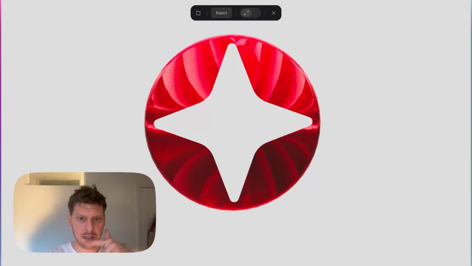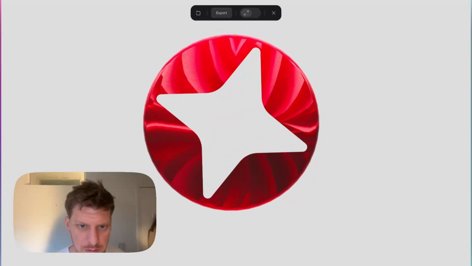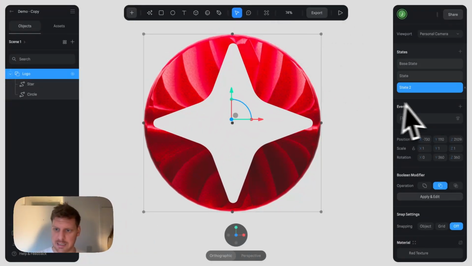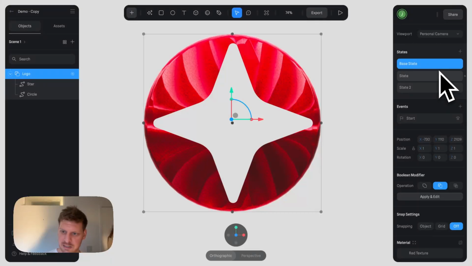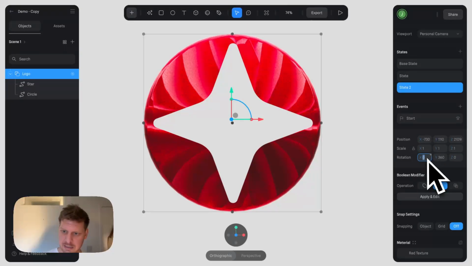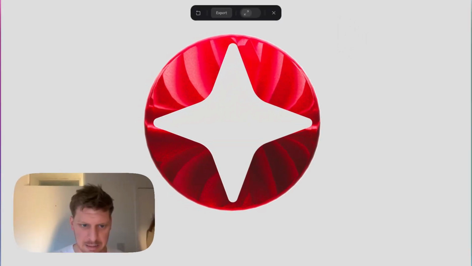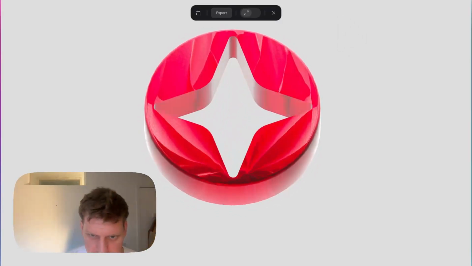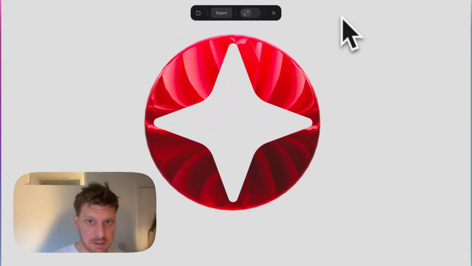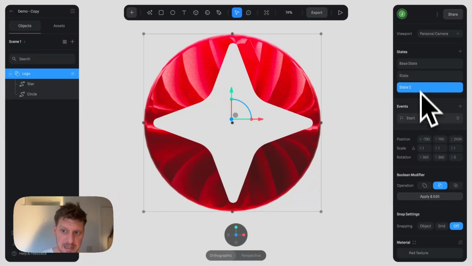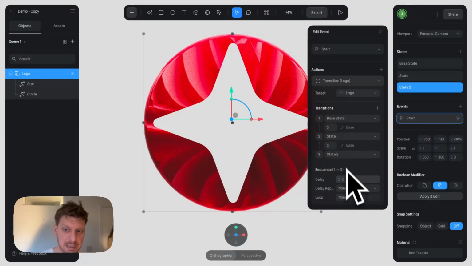State. Nice. Okay, not exactly what I was wanting. Let's change that. So we got base state to state. And then let's change that. I want to change the x-axis to 360. I think that is going to do it. There it is. Okay, so you can see we got multiple different states here, multiple different actions that are happening,